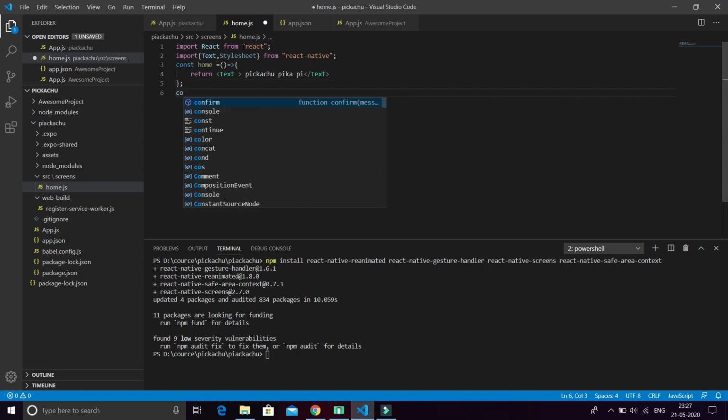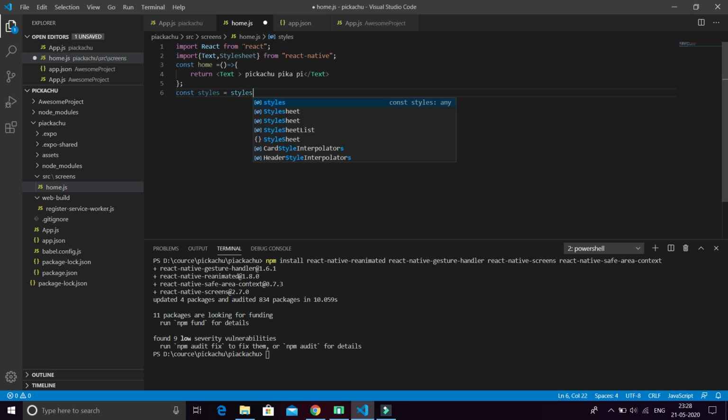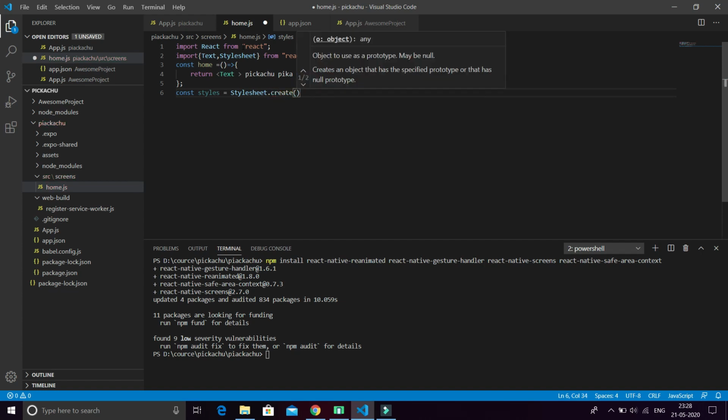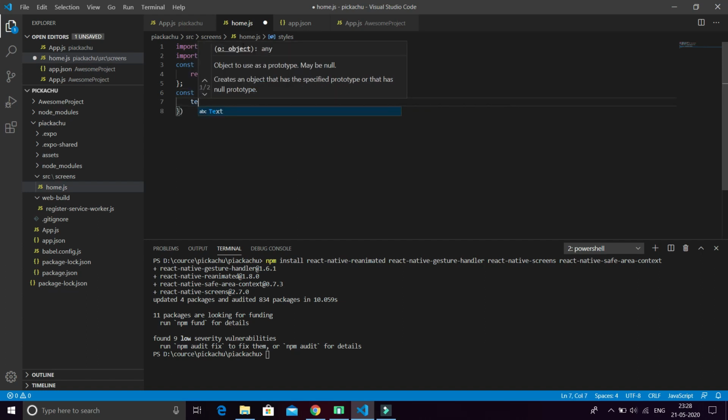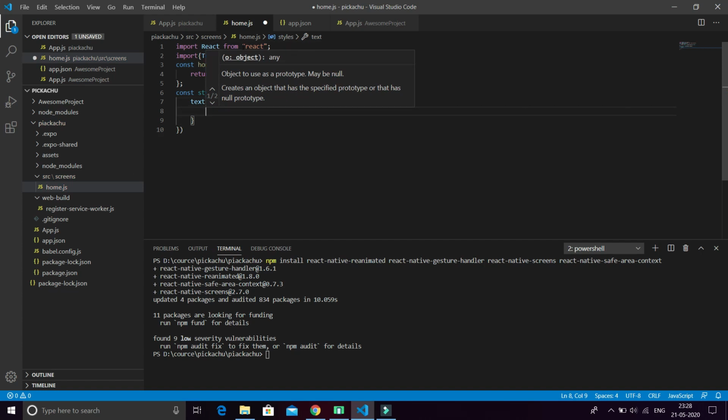Then we have to style this text. Okay, so I will define a constant which I name styles, equals StyleSheet.create, and in the style sheet I have to create a constant value where I will determine all the things.